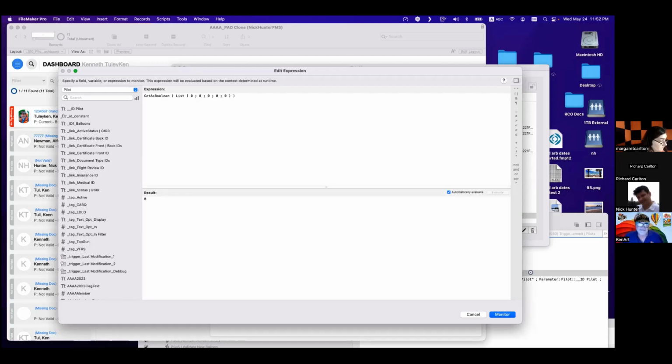But if I say not as boolean, I'm reversing this. Now it says 0. I put not, it said 1. And if I said 1 here, it's the opposite. So like this, I have 1. You say, yeah, I found something. Get as boolean, yes, I have found something. Not get as boolean, you reverse it. That means now if I say 0, I have 1. If I said 1 here, I have 0. So it's reversing.